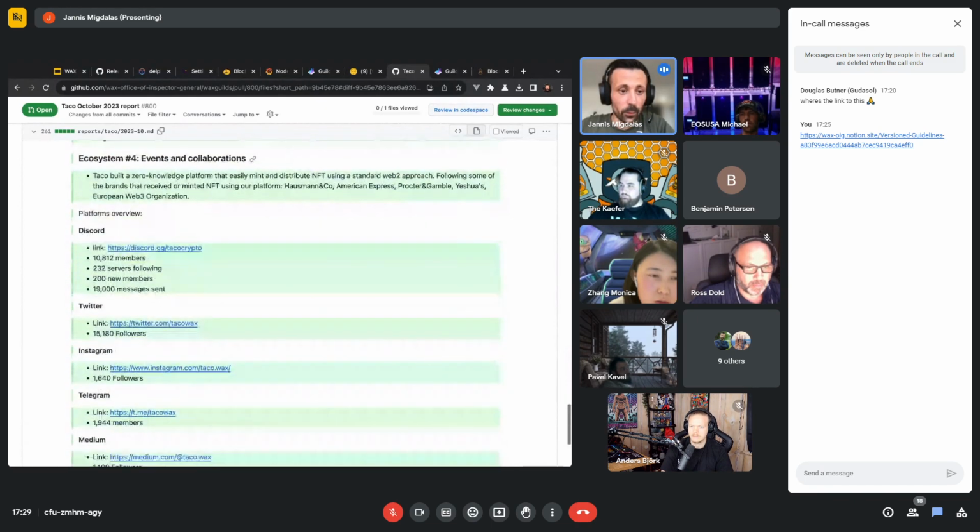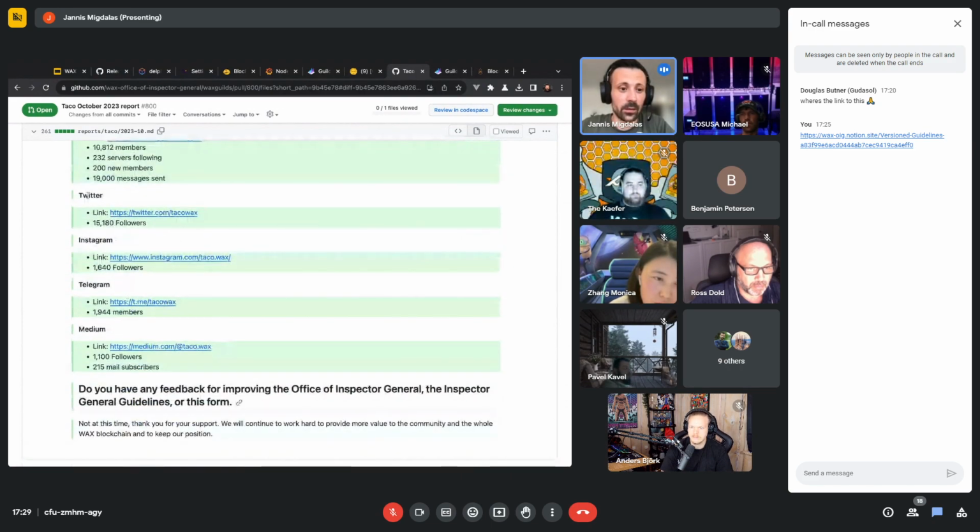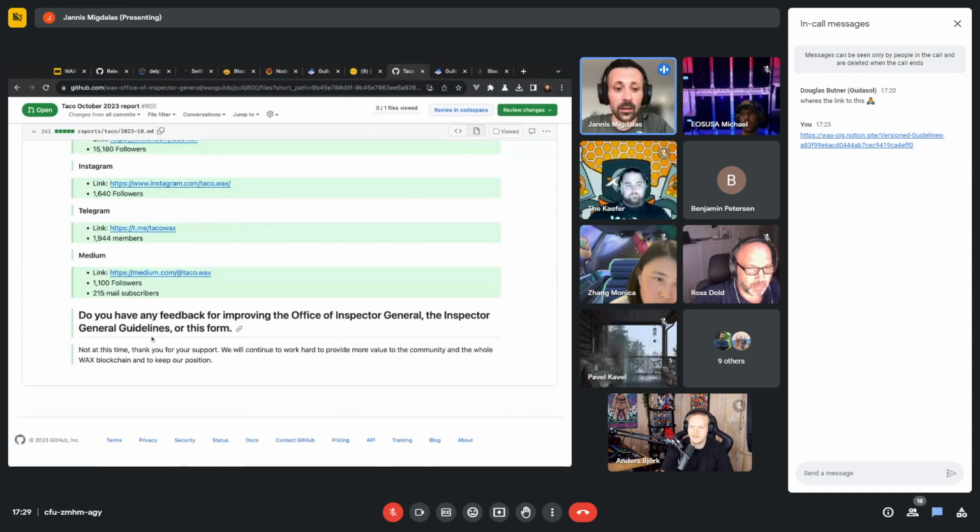And of course, some further details around services and other community tools that have been built. If you're running a Discord, include the stats. If you are active on Twitter and engage with users, we also like to see this. Instagram, any social basically.